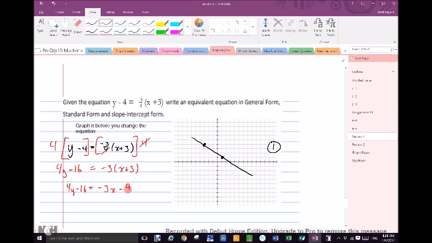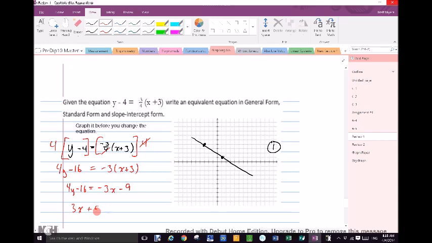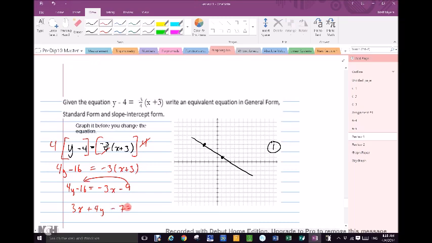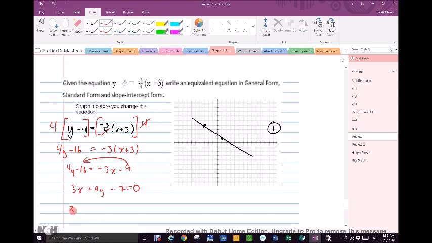Then I get it into general form, which means x needs to be positive. So it comes over here, 3x plus 4y. And then that -9 comes over here and becomes positive. So it's -16 plus 9 is -7. And there is general form, his ugly cousin standard form,